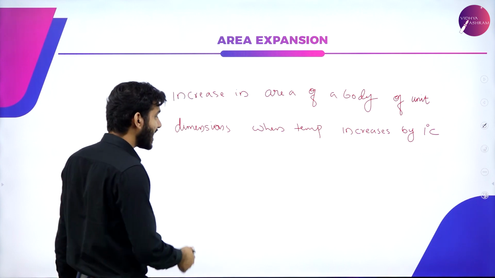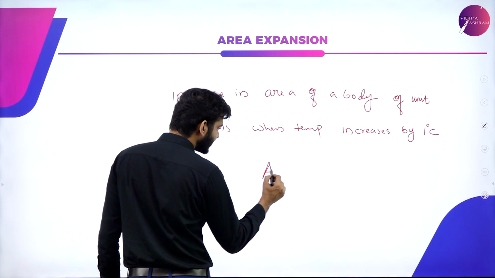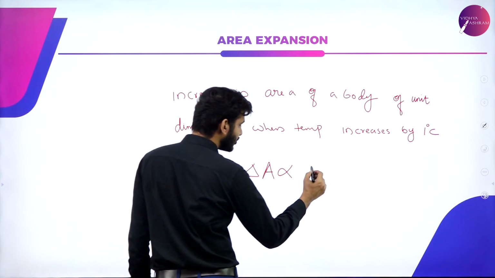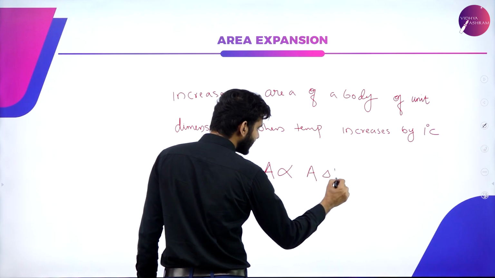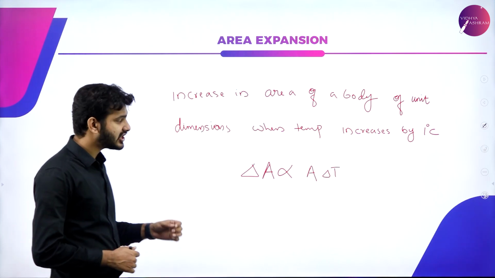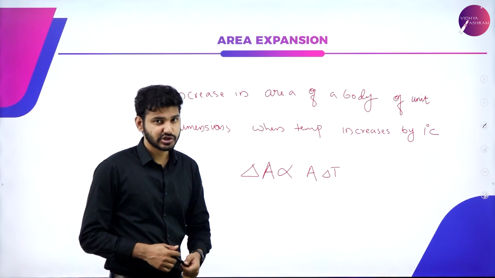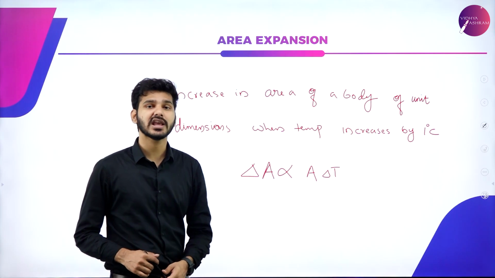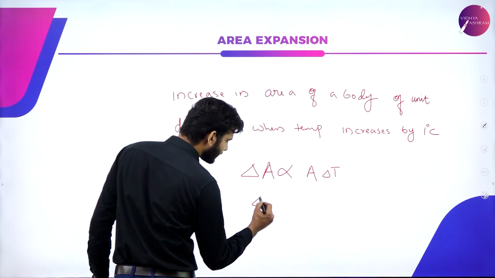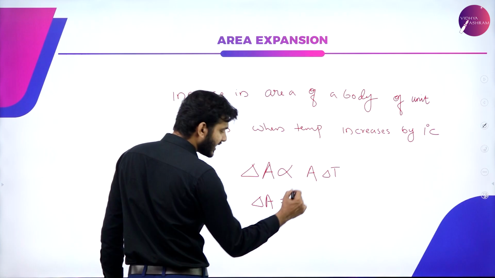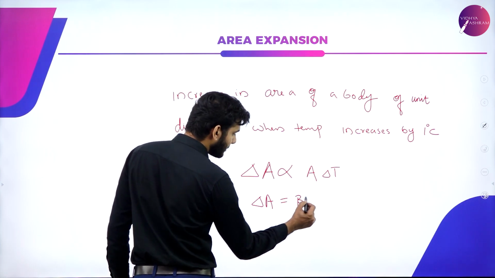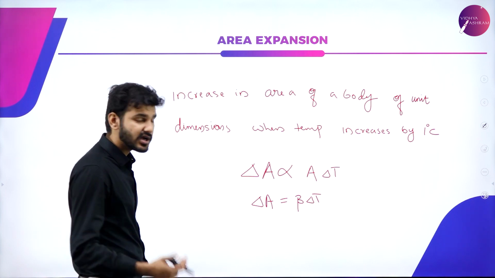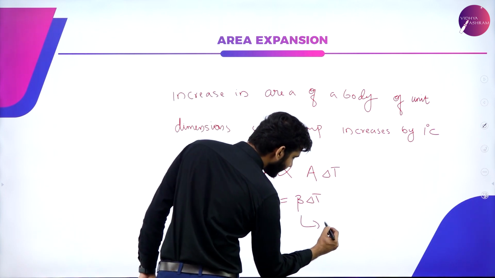This area expansion, delta A, will be directly proportional to A delta T, where A is the initial area of the object, delta T is the change in temperature and delta A is the change in area. Or simply, delta A will be equal to beta A delta T, where beta is known as the coefficient